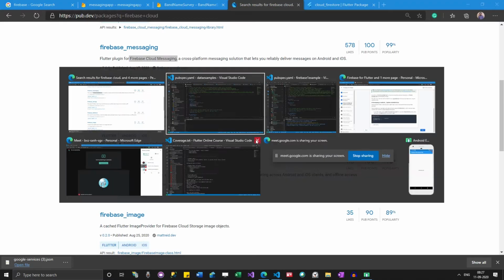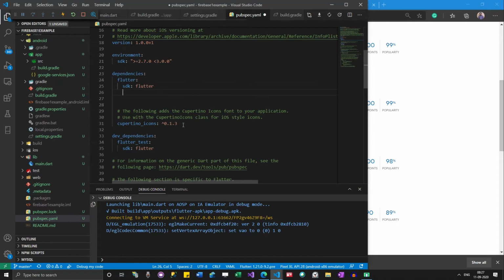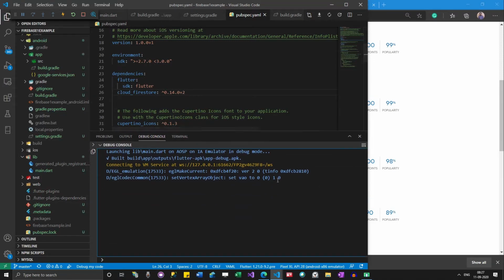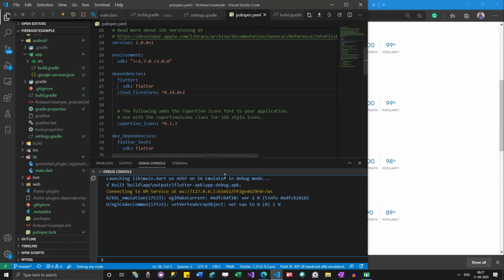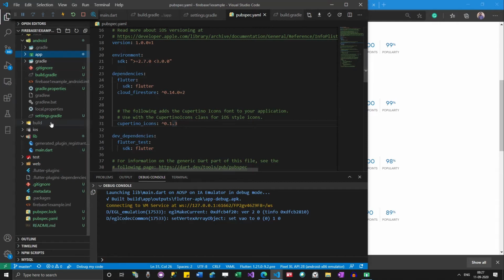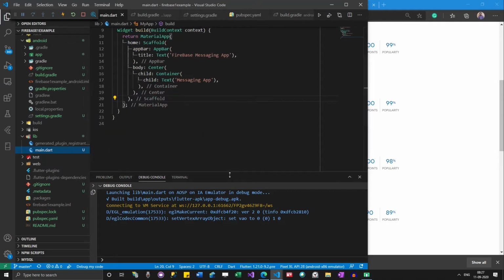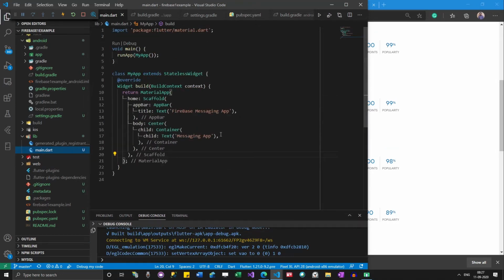Now I'm going to use this. Okay, it is working fine. So let's go to the main.dart file. Here we are going to write our Firebase app. Now we are ready to use Firebase.